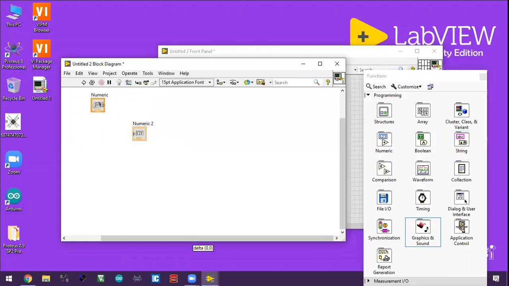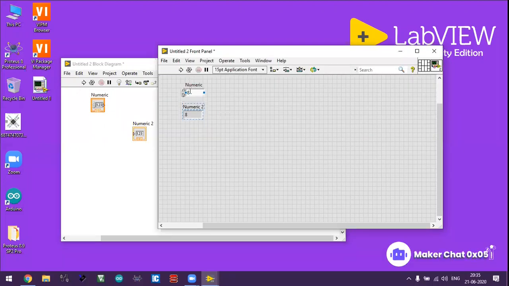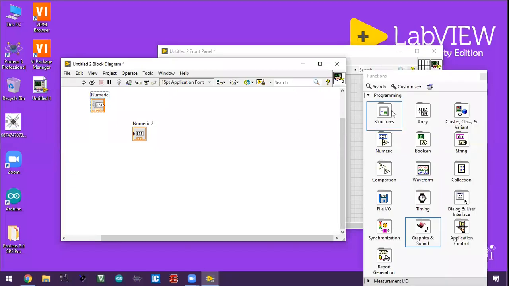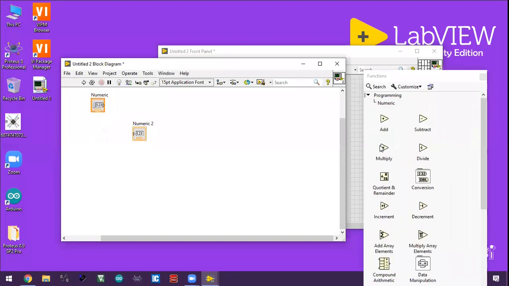Now for the numeric control, I have to go with a mathematical process, like divided by 2 or multiply by 2. So go to the programming section. A numeric control is there. I have to multiply it with some integer value. So I have put a multiply element and am giving this numeric control value to the first input x.